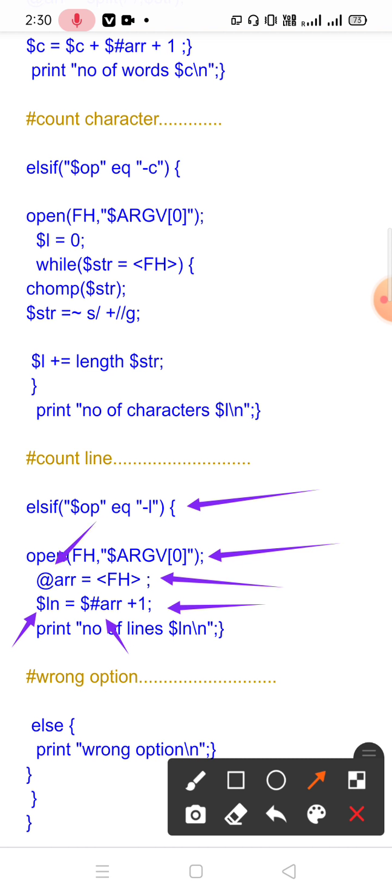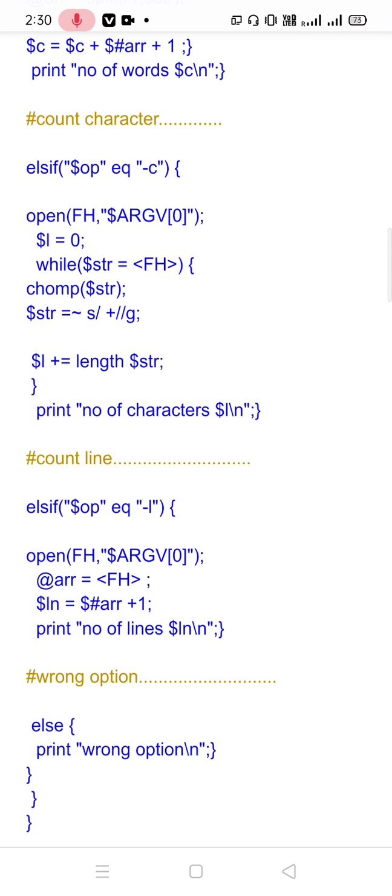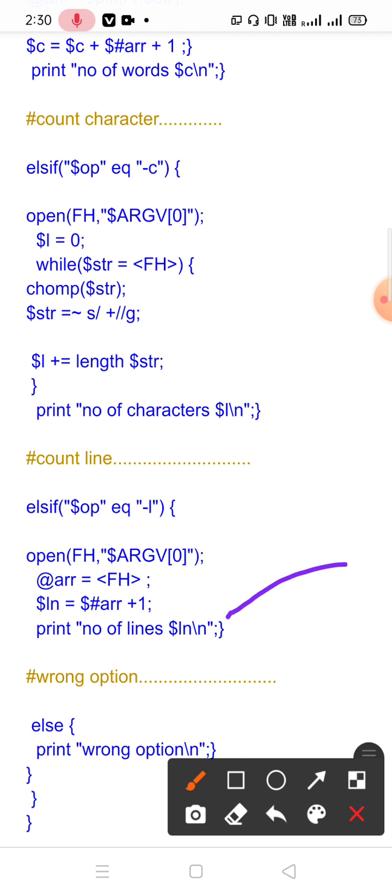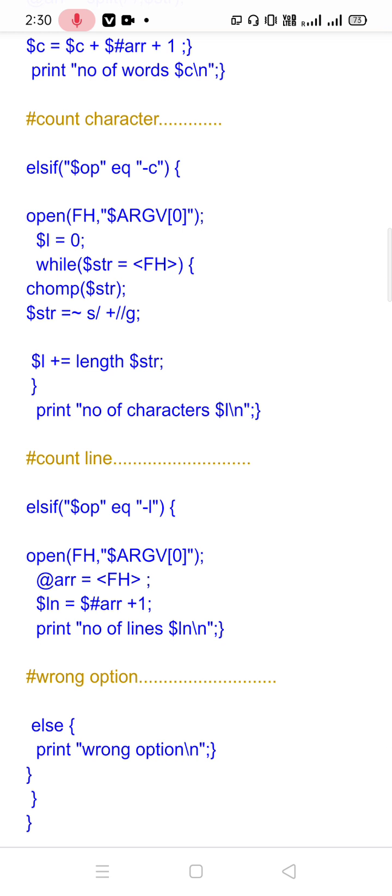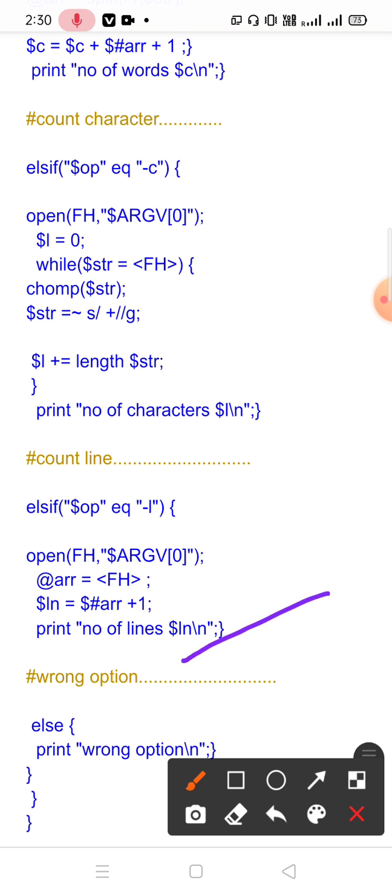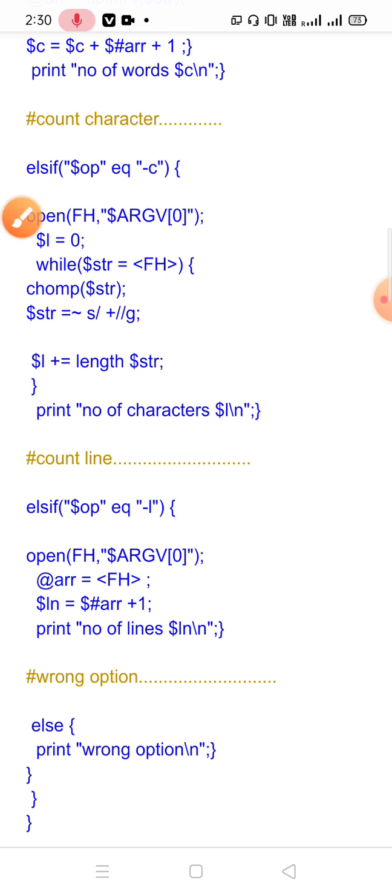So the total number of elements inside this array is nothing but the total number of lines. So we will print the total number of lines here. Now if the user enters a wrong option, in that case we give the error message, print wrong option.